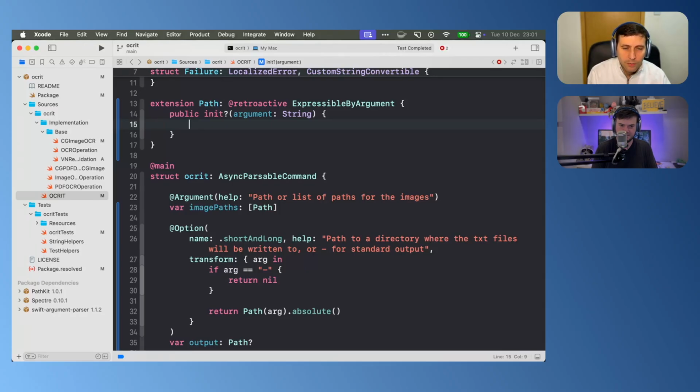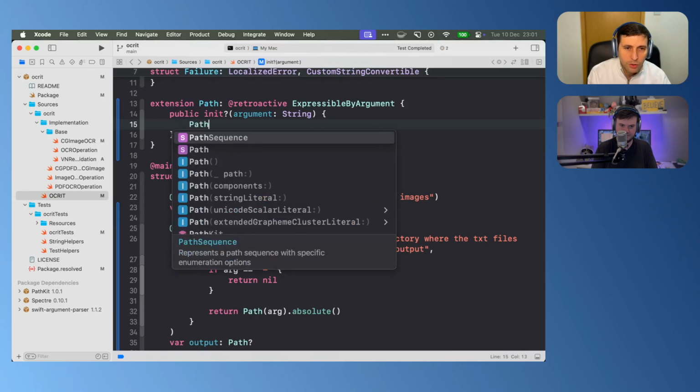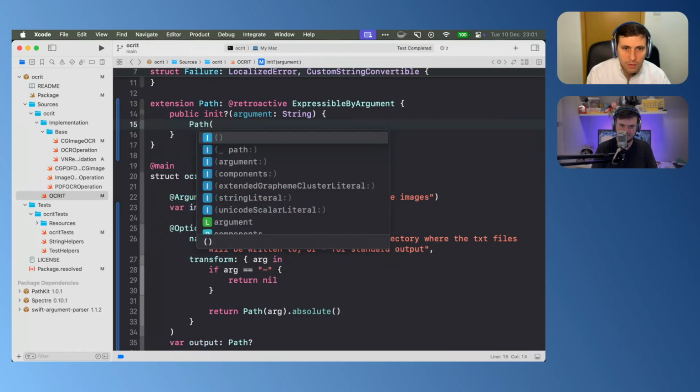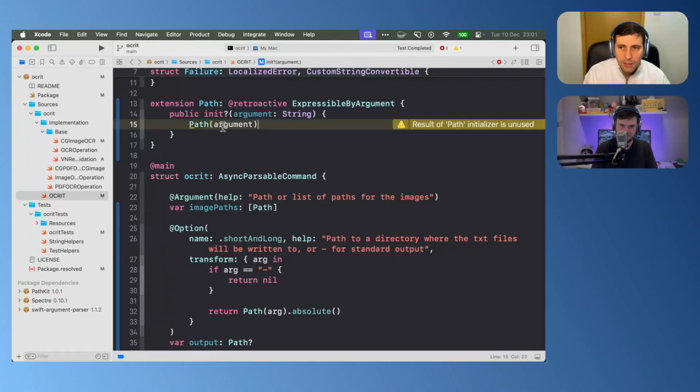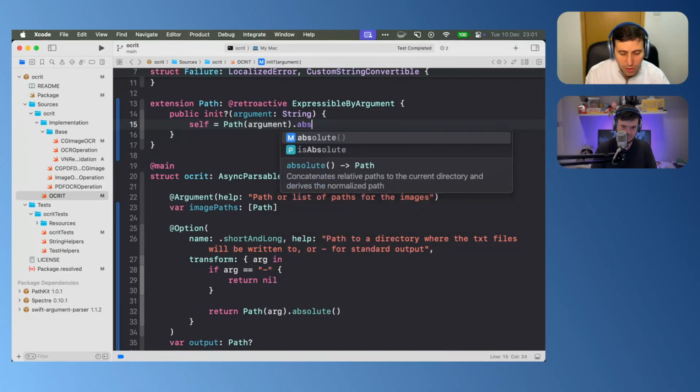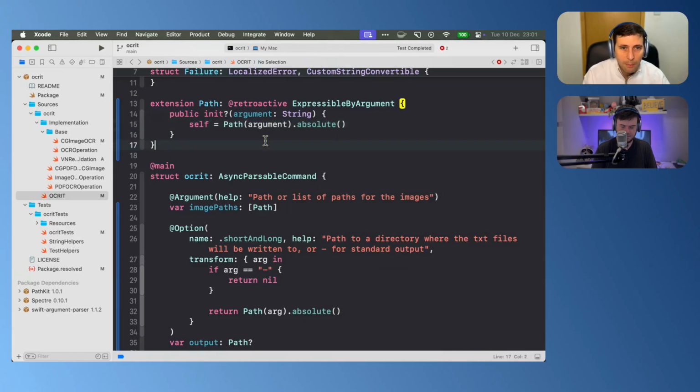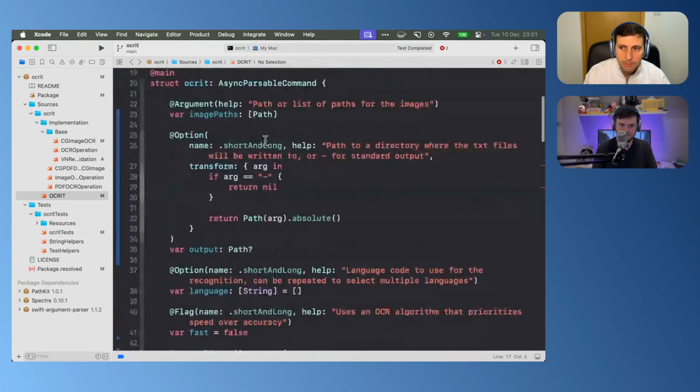Okay, so here it's pretty simple what we want to do, how we want to implement this. We use the same as we did before. We just pass the argument as a string, and we do self equals. And there's something else which, again, as I said before, because we're talking about the context of paths, we want this to support absolute paths, relative paths, sorry. So we also use the absolute method here. And